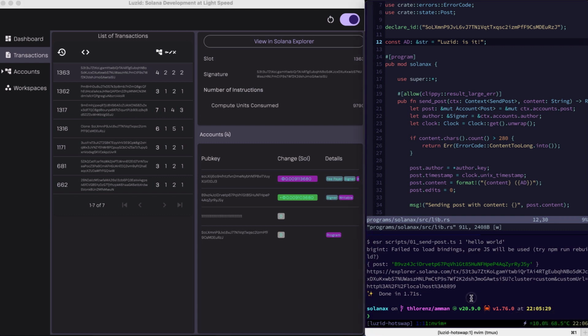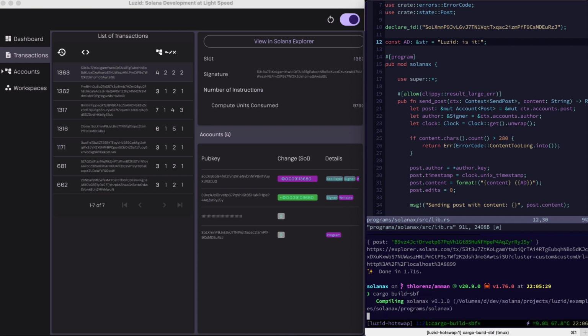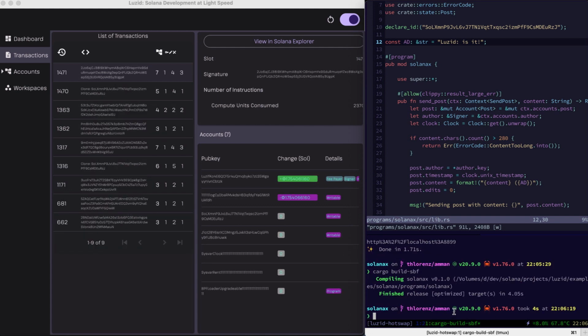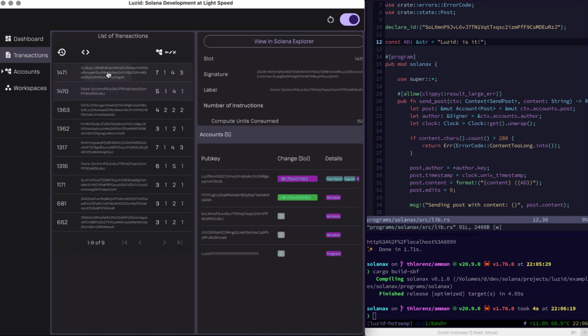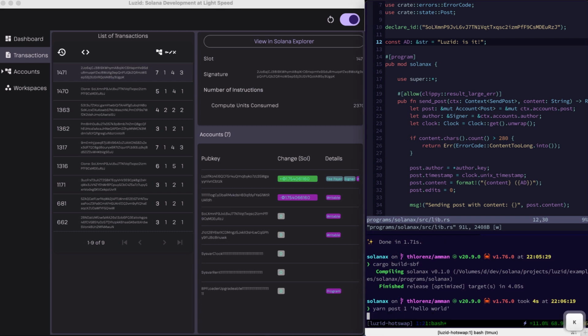Now let's see what happens if I compile this. So, cargo build-sbf. So the program is compiling now. And you can see as soon as it was done, Luzid clones the program again and updated the program via the BPF loader. And if we now run the same transaction that we just ran again,